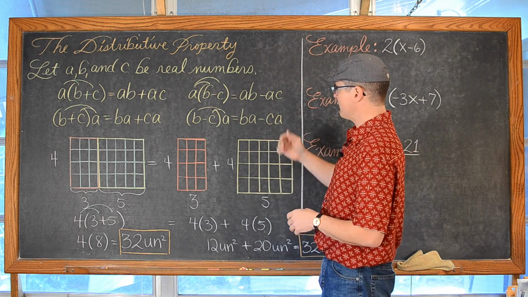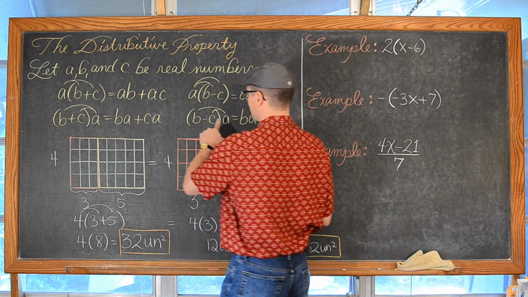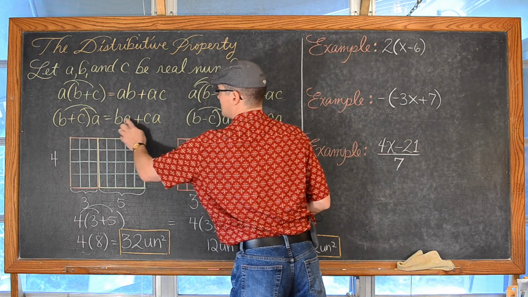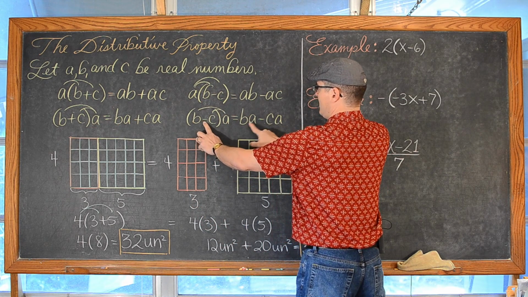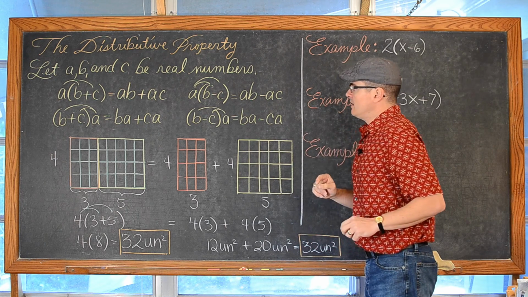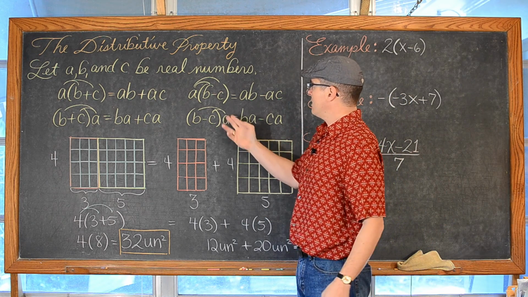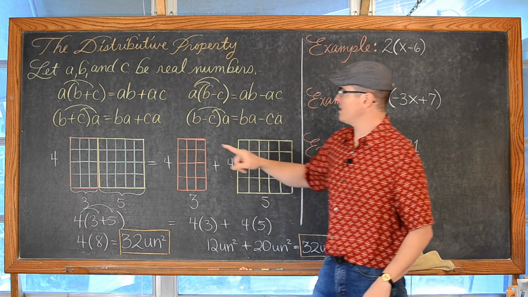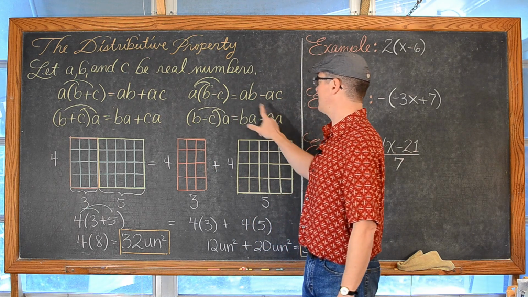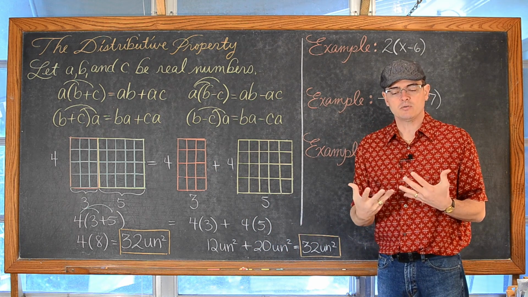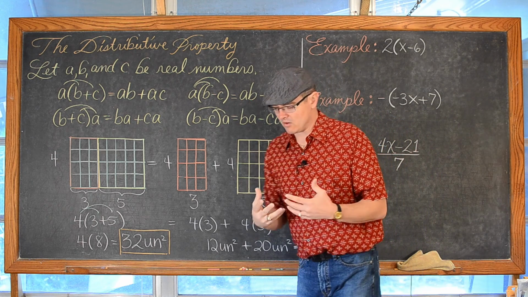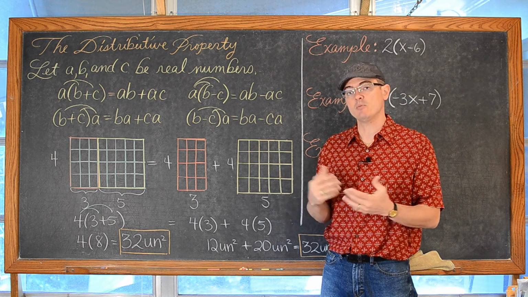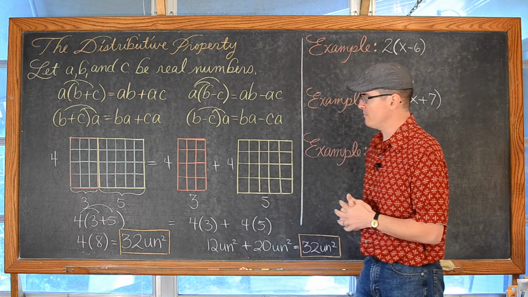And then my book writes a second version of that where the item being multiplied, or touching the parentheses, is at the end of the parentheses, and it's B times A plus C times A, or B times A minus C times A. Regardless of where my item is that is getting multiplied through, I will always put what I'm multiplying in second and not first. That helps my students avoid sign errors and maybe not accidentally add or subtract when they're supposed to be multiplying, or have a negative where they're supposed to be positive.